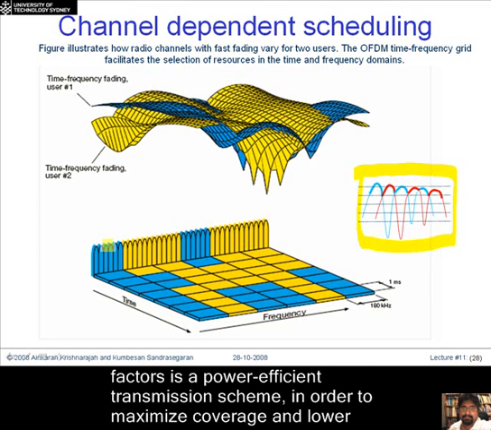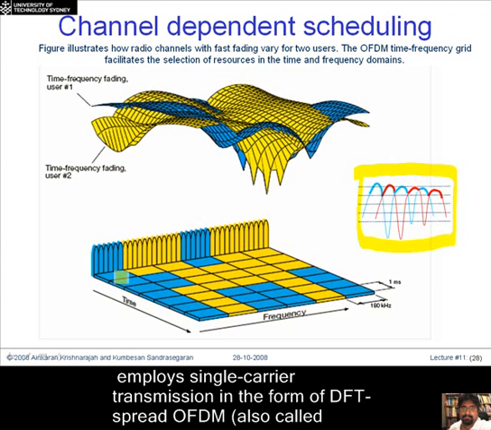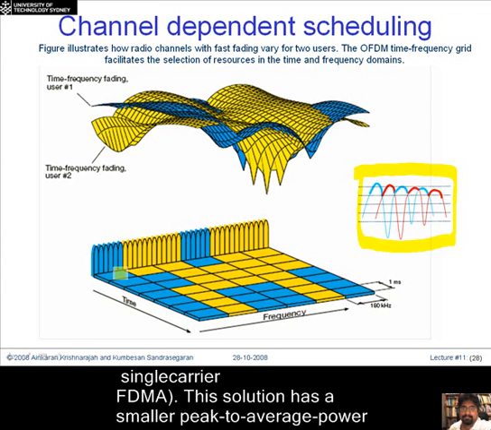If you look at it, remember in OFDM you've got a number of subcarriers. So, and we have the idea of a resource block. So these squares here represent a resource block. Remember, a resource block is a number of subcarriers across one time slot. So here what's happening is, in this instant of time,